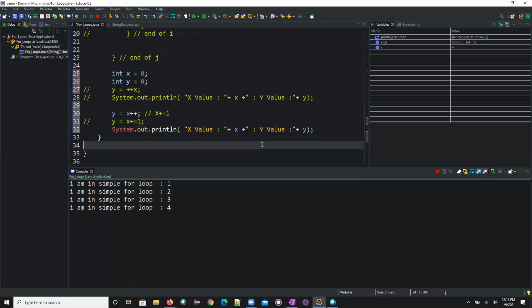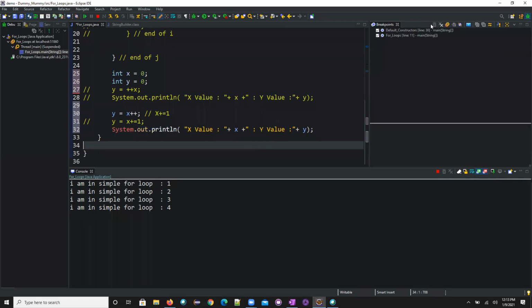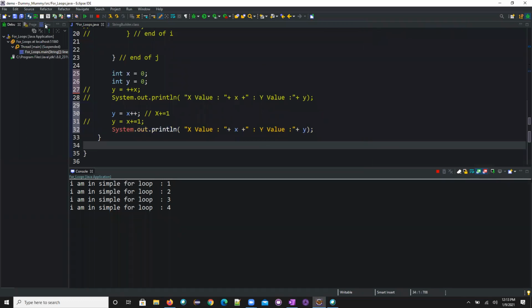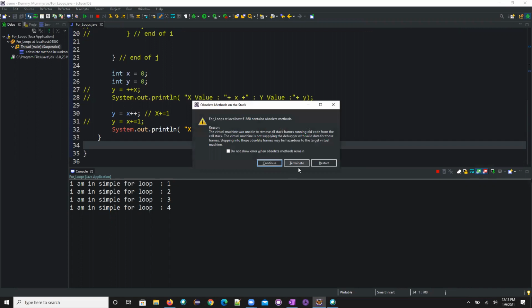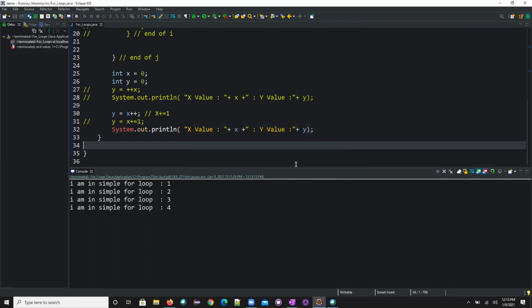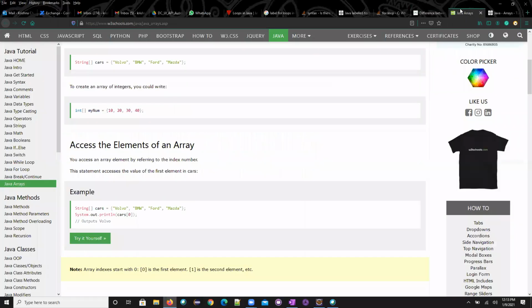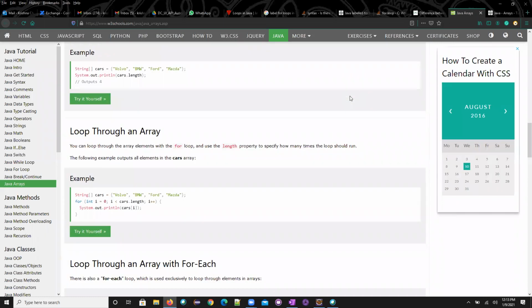Okay, so now I'll go for arrays. Let's get into that array topic. But actually arrays are simple only, right? So is there any specific question for arrays you want me to discuss, or do you want me to explain the complete arrays? Guys, this question is for whoever asked me on the arrays.